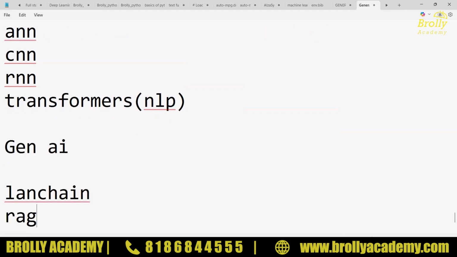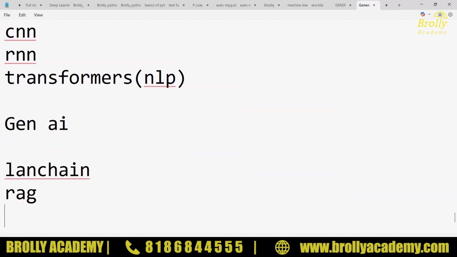RAG concepts. We'll learn about chunks. Whatever NLP task we are going to do, we will give one sentence. For example, I have a sentence like, this product is awesome. So what will it do? It will divide it into tokens, that are nothing but parts. How will all this be done? By using chunking strategies, you need to understand the chunking strategies so that you can understand the tokens.